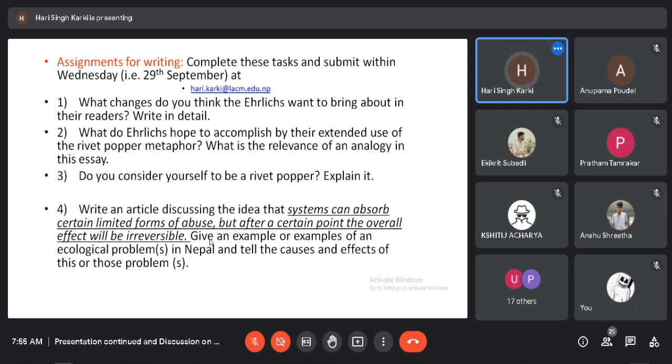So you will be submitting these assignments to the given email ID by Wednesday. Each question a day means 4 questions, 4 days, 4 assignments. So please do this. If you still have any questions,